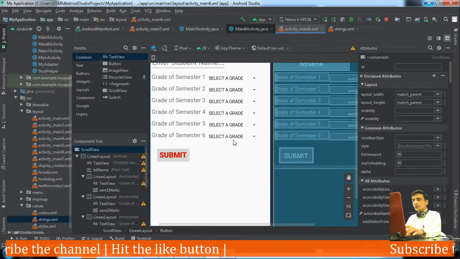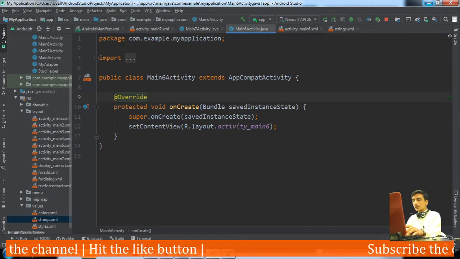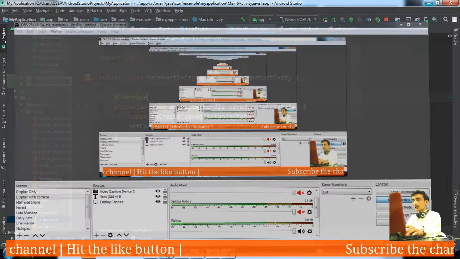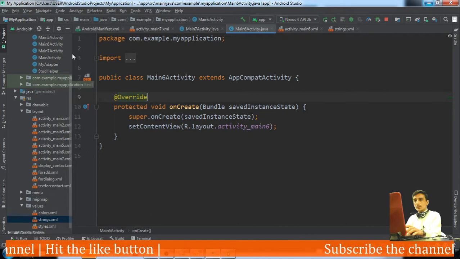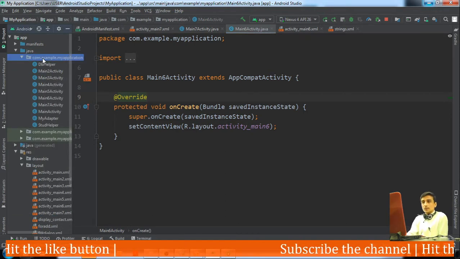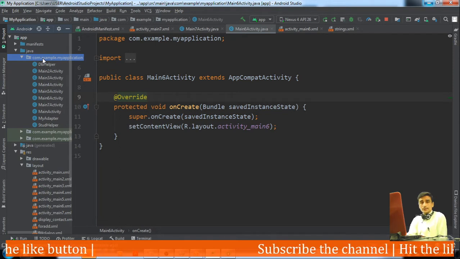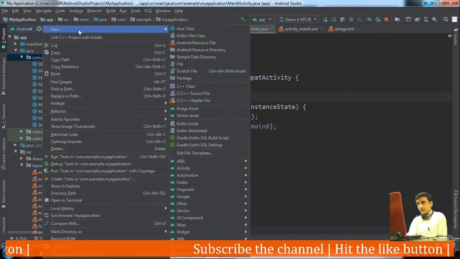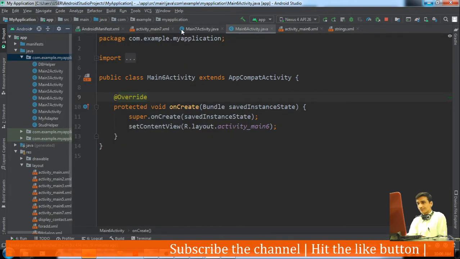It is our activity. In our application I would right click, and we would define a helper class for our database: new, then Java class.